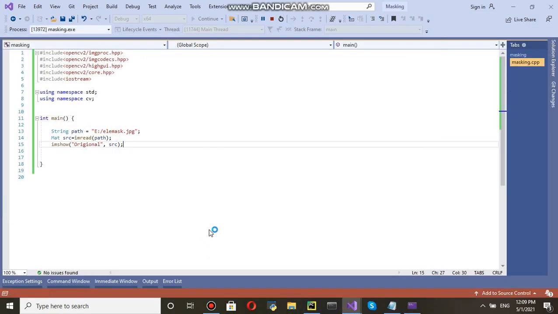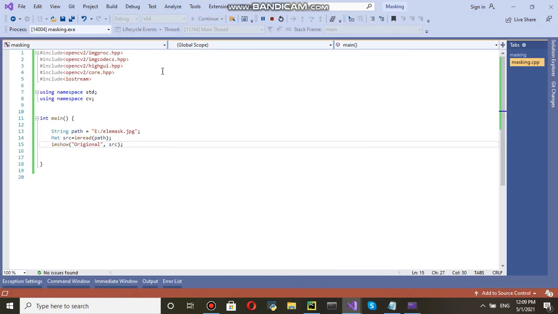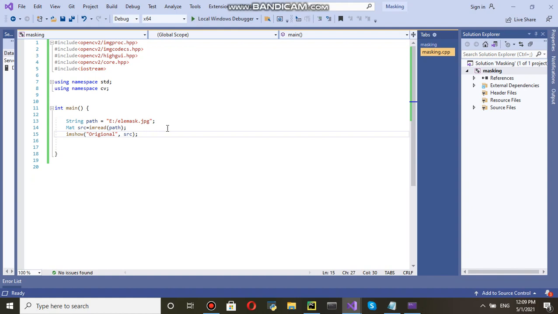Because we need to provide waitKey. Just watch the screen: a black screen will come and go. It will not wait for display. Here you can see, I am just running, then something comes, but you cannot see it.